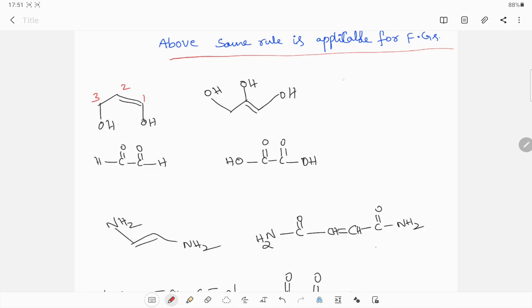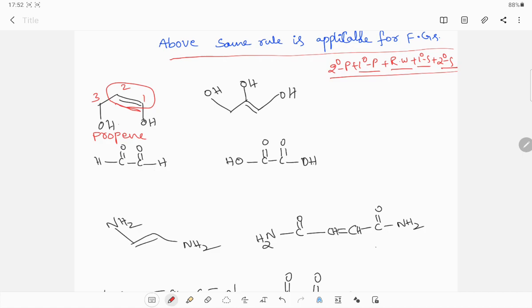See here, you should follow this: secondary prefix plus primary prefix plus root word plus primary suffix plus secondary suffix. Secondary prefix, substituents: no more substituents. Primary prefix, cyclic: no cyclic. Root word, directly write down the root word. Primary suffix means nature of chain. Is it saturated or unsaturated? Unsaturated means a double bond is there. That's why prop, en, at first position, propene.